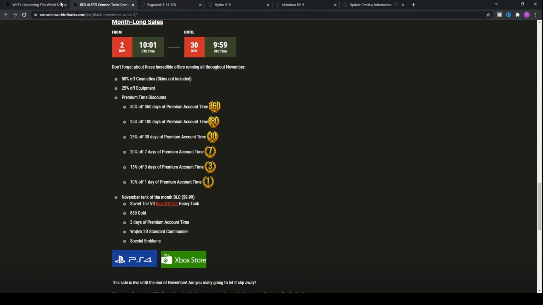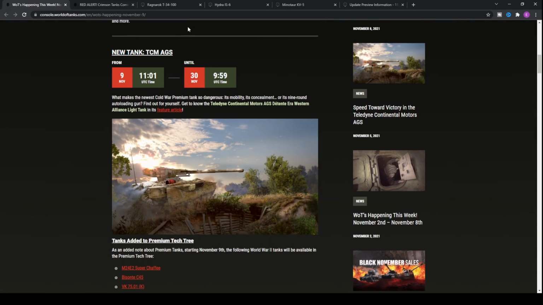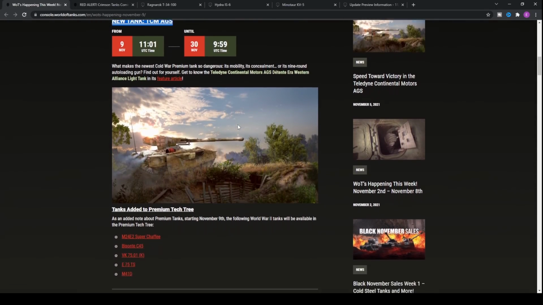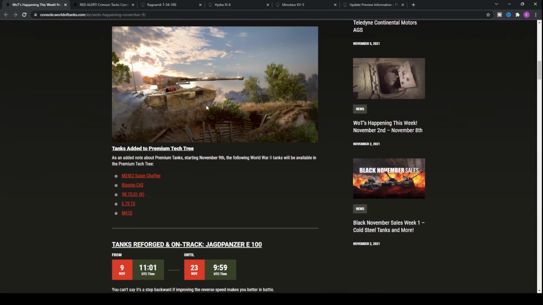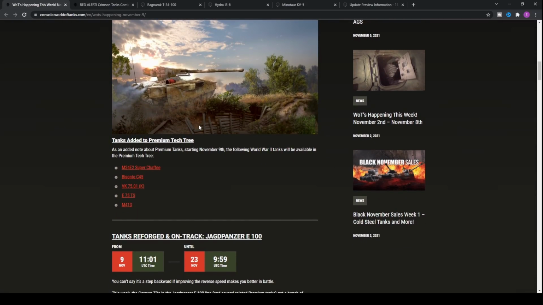Now, not only have we got these sales and stuff like that, well, we've of course got the new tank, the TCM AGS, the Cold War Premium Detente era tank, the Teledyne Continental Motors AGS. And of course, we've highlighted a video about this last week, which I will link at the end of this one. So it's got its own article. We go through all of that, and it is available for 21 days. To be able to purchase it, I think it's in the region of about 14,000 gold to begin with, and then it goes down as you go through a couple of weeks when the bundles get released,